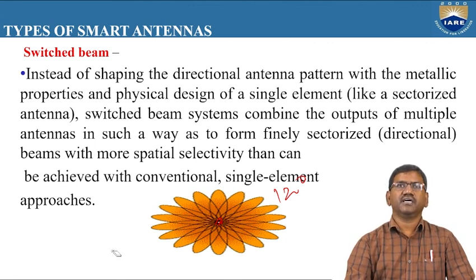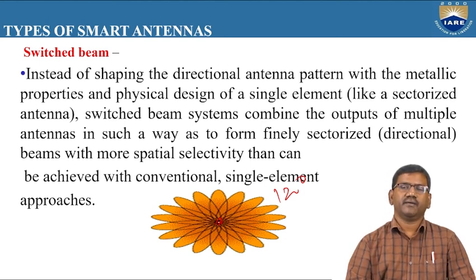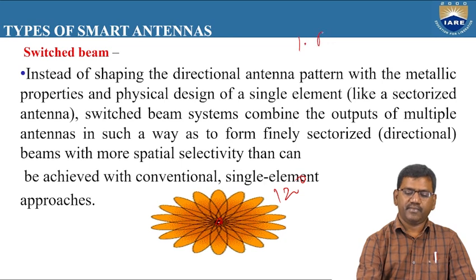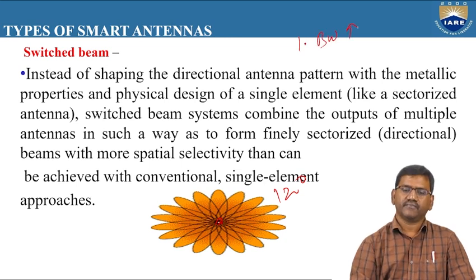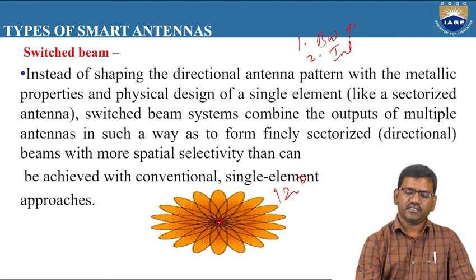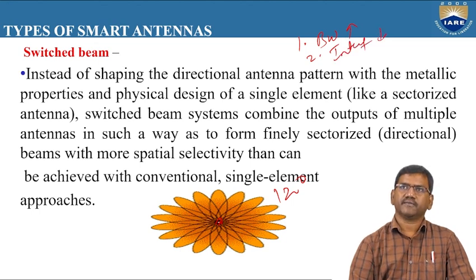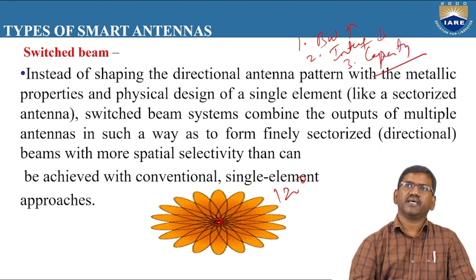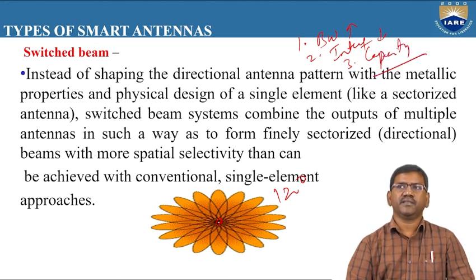So in the conventional systems, the effective utilization of bandwidth is very less, and the interference is more, and also the system capacity is very less. So these three problems can be overcome in the smart antenna system. So in the smart antenna system, one basic advantage is bandwidth can be effectively utilized, and the second one is interference can be minimized, and the third one is the system capacity. The antenna system capacity can be increased drastically depending upon the number of users.